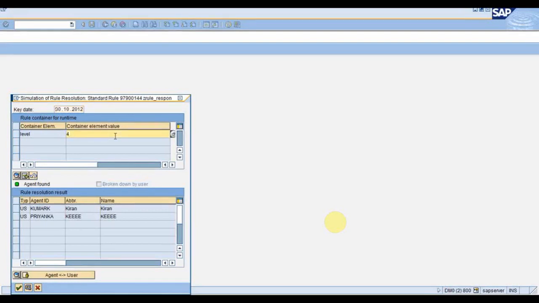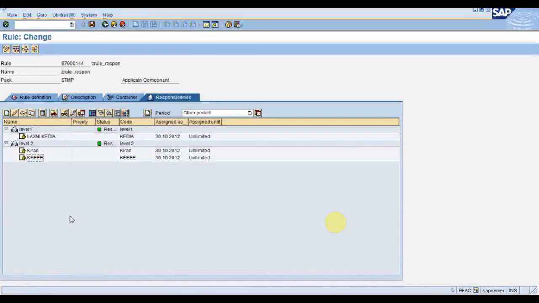That 4, and 1 to 3 or 4 to 6 values, it is a container input value. So whatever values we have given, the user ID would be assigned to this, no? Correct. And this level value will be given from outside, that is from the workflow. I'm giving it here for simulation, but I will be providing it from the workflow. Like the same thing we use in data element, the fixed value and the value table, whatever values are there, it will work like this only. Correct. This is a static way of assigning IDs to that particular variable.